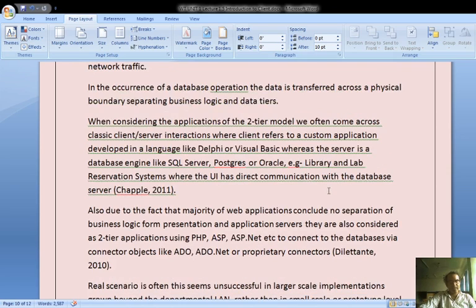In client-server architecture, we have a client, we have a server, we have 2-tier models in which we develop things according to the requirement.